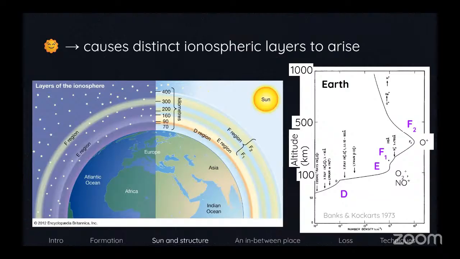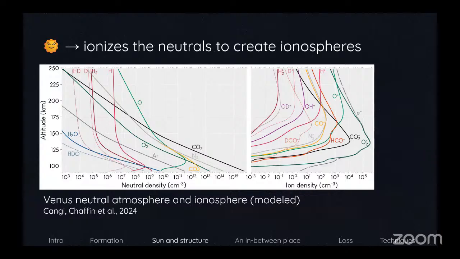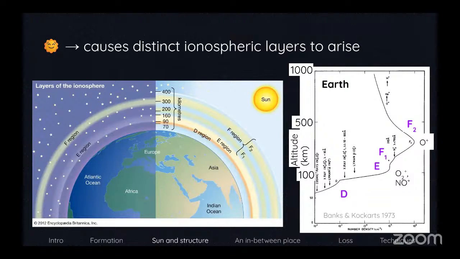As these ionospheres form, they also form with different distinct layers, and you can see that on the plot. So you see these little bumps in the profile here at different altitudes, and these are all formed through different processes, and we have a very similar structure on Earth. So in Earth's ionosphere, we refer to these different bumps or density enhancements with different letters: D, E, F1, and F2, and they're formed by different processes.